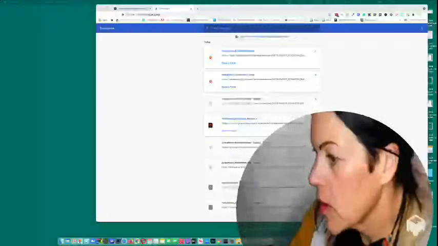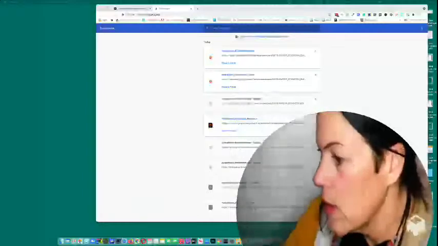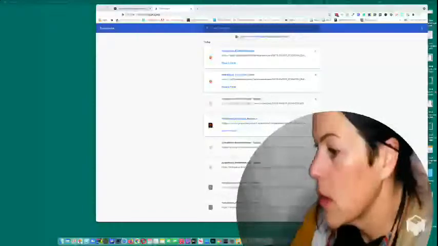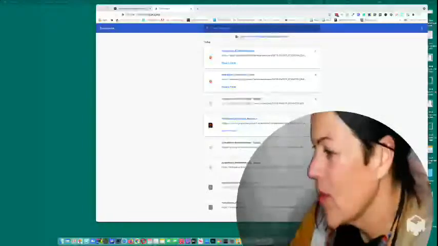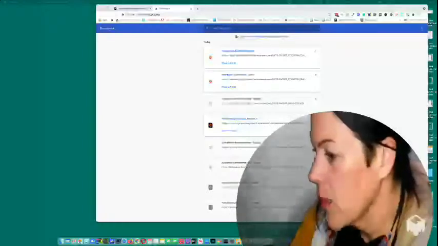I'm going to change this to Fashion Story X.PSD. And now we're going to open this. What? This is bizarre. Now it won't open. Photoshop. There we go. All right.